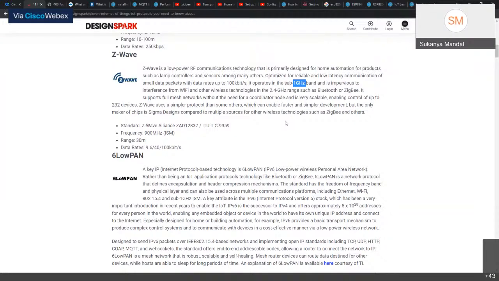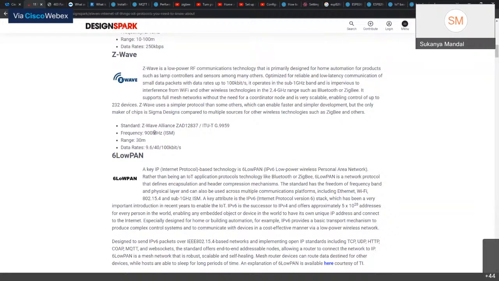Z-Wave uses a simpler protocol than some others like Bluetooth and Zigbee, which basically enables faster and simpler development. But there's just one maker of chips, which is Sigma Designs. Although we don't use Z-Waves much unless it is, as I said, in a short range communication mode.